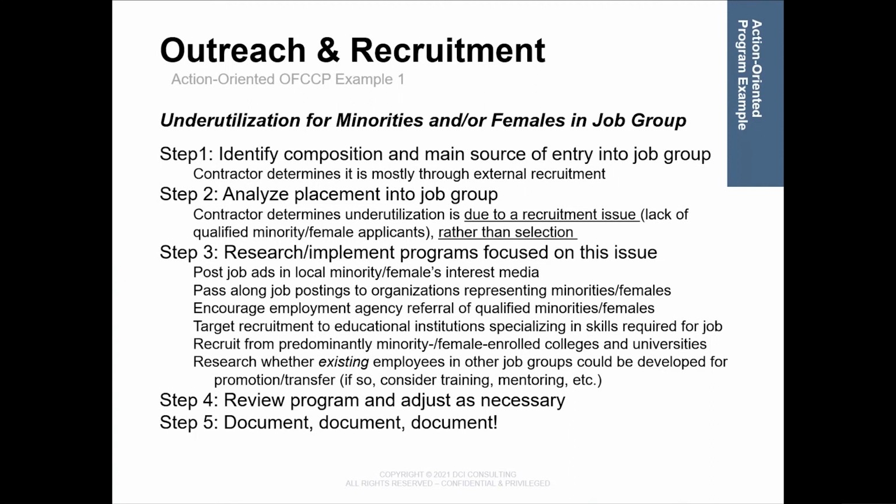And then the last step, step 5, is document all your efforts so they can be assessed in the future and if needed when audited. So really there's nothing worse than having all these efforts and dedicated resources and time and energy, but then the institutional knowledge leaves the company and is not documented anywhere.